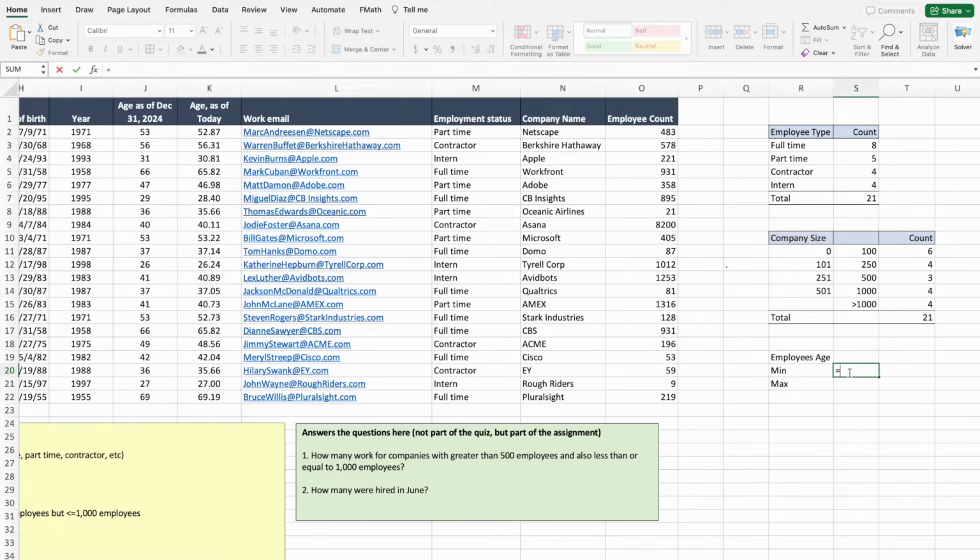So over here is equal. I'm going to start typing in min, and the function is just min. It's not minimum, it's min. Min, and it's asking us what numbers we want to look up. And we're going to go here to column J, and we'll just highlight that column and click return from J2 to J22, and we see that we have 26 employees. Sorry, the minimum age of any of our employees is 26,